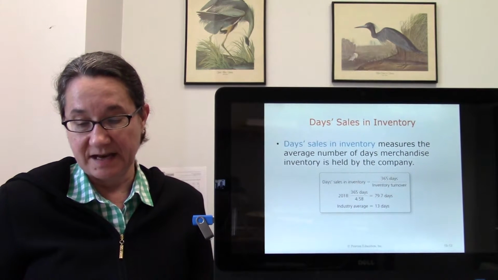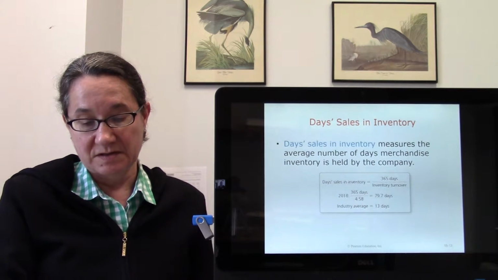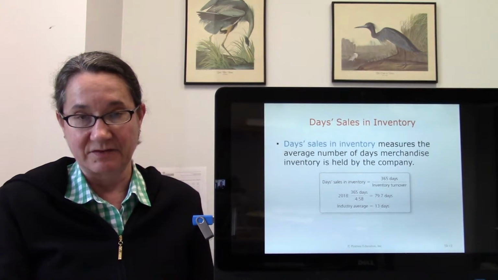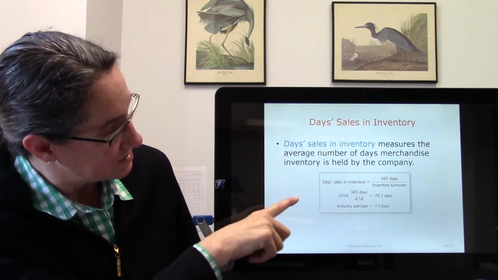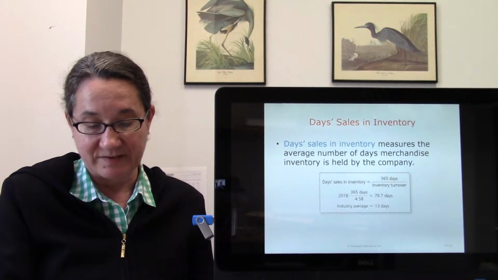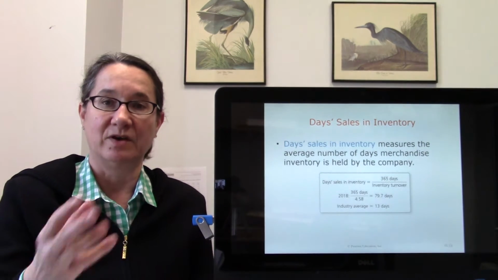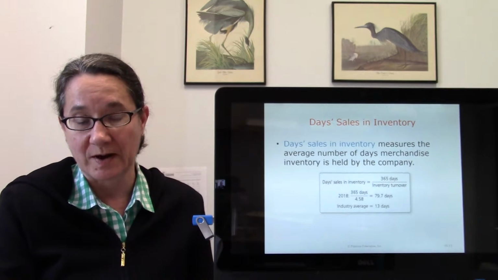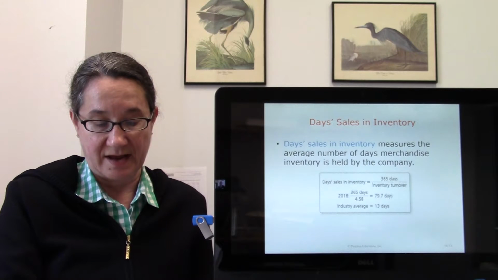The next thing, days sales in inventory. So the days sales in inventory ratio measures the average number of days merchandise is held by the company. So when you buy some merchandise and stick it in your warehouse, how long does it sit around in the warehouse? Right? So you do that by